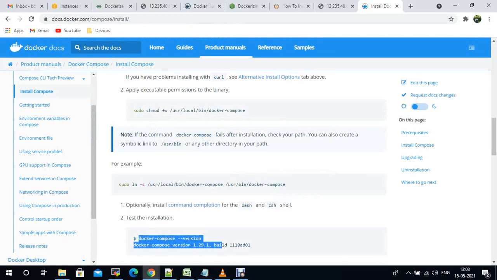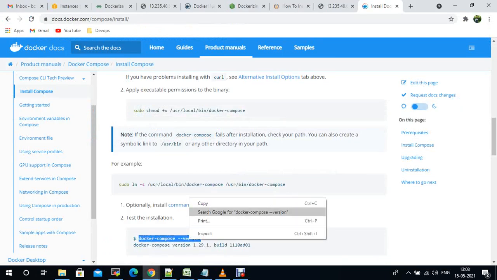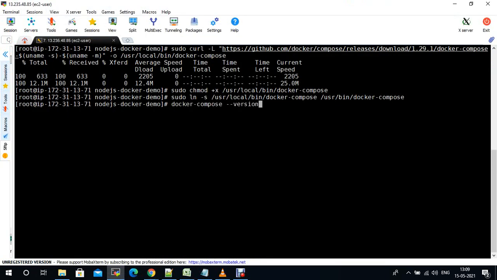Now if you check docker compose --version, you will be able to get that version. Okay, now let me create a directory. mkdir docker-compose-demo.